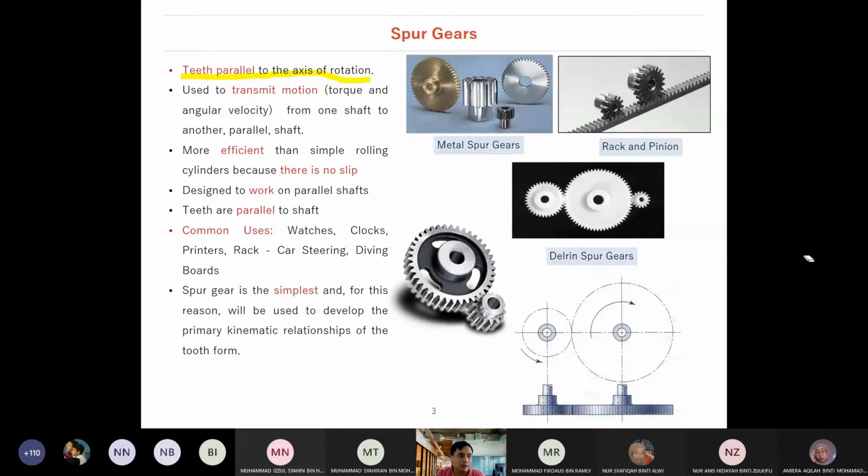As usual, it is used to transmit motion. That is very common sense, either as torque or in the form of